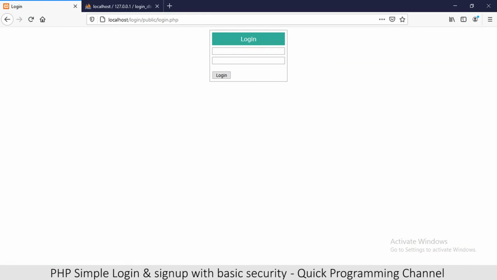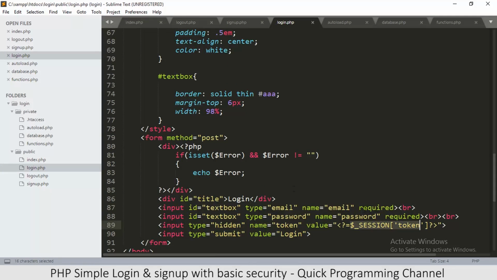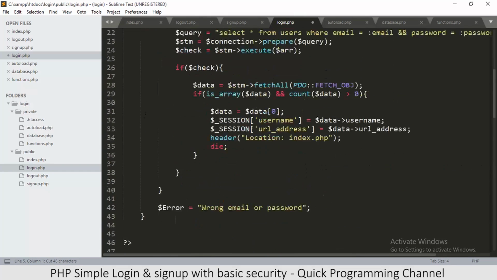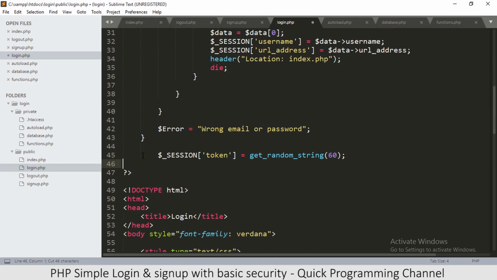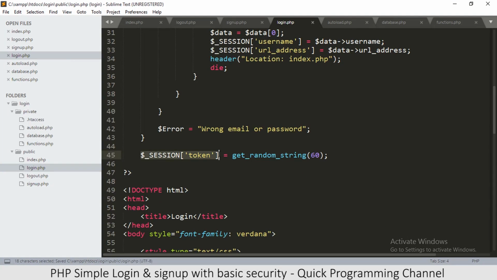Okay, great. Now the thing is, since every time we are setting a new token, at the very top here, before we set a new token, we have to make sure that the token we have is legit. So let me remove this just so I can put it down here instead. Put it somewhere where it will always run, right? Create a token every time. And then what we will do now is go to the top here